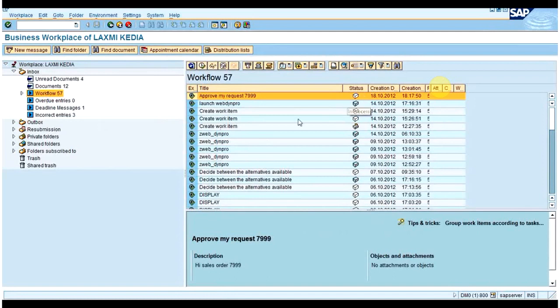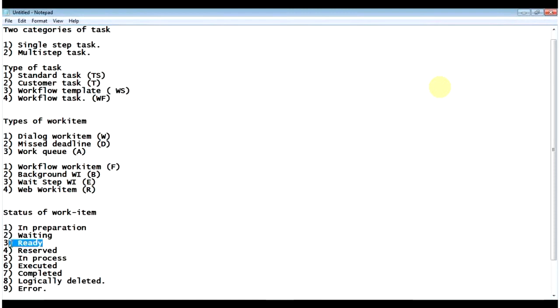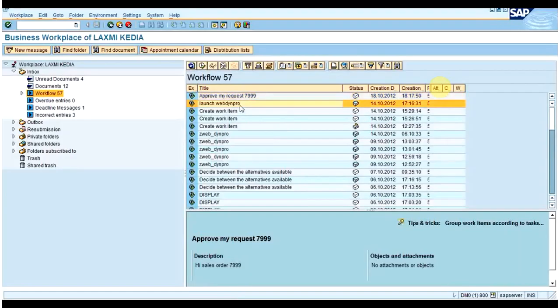Now you can see one box which will display the container. Once you click on that container icon, a pop-up will be displayed where you can see all the elements of that particular task. These are all the container elements of that particular task. Since we have defined sales order, that sales order will get displayed over there.